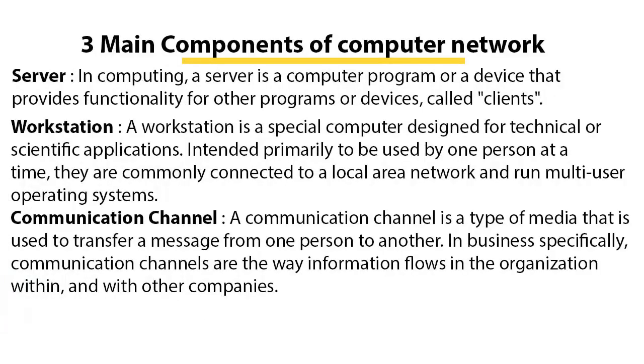Three main components of computer networks. So basically the three main components are the server, workstation and communication channel. Let me explain these three points. Server, it is the main computer basically, okay, which controls the workstations. Workstations are basically the client computers. Okay, so in a network we have a main computer and that main computer is connected with the other computers that are called the clients. So the main computer is the server and the other computers that are connected are the clients. Clients are also called your workstation, PCs on which you can work.